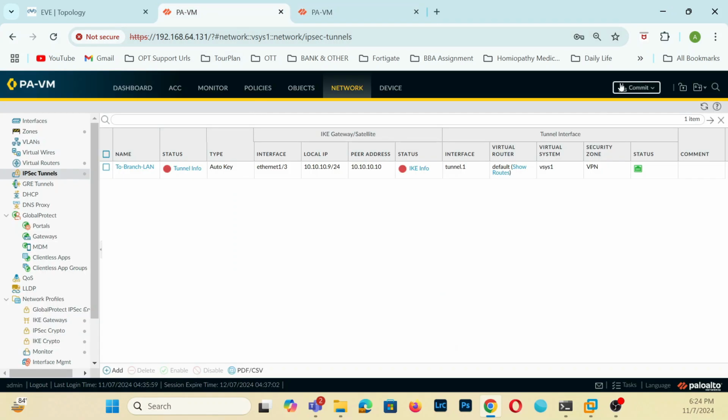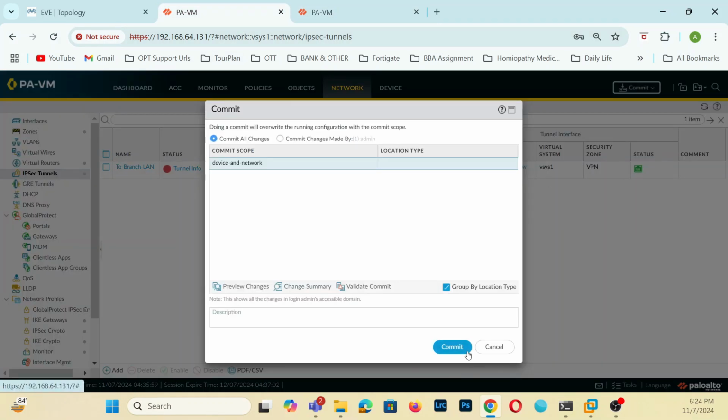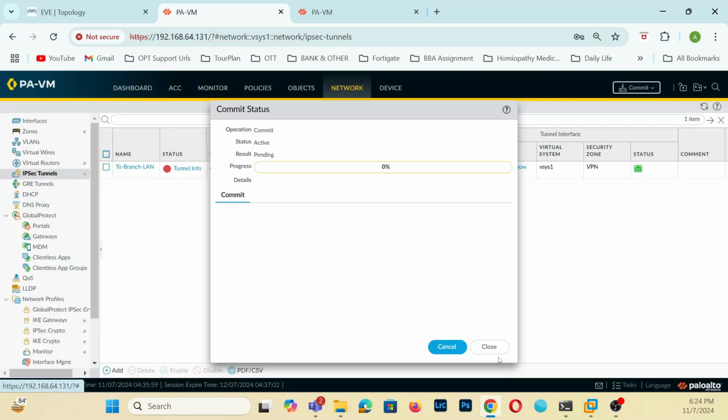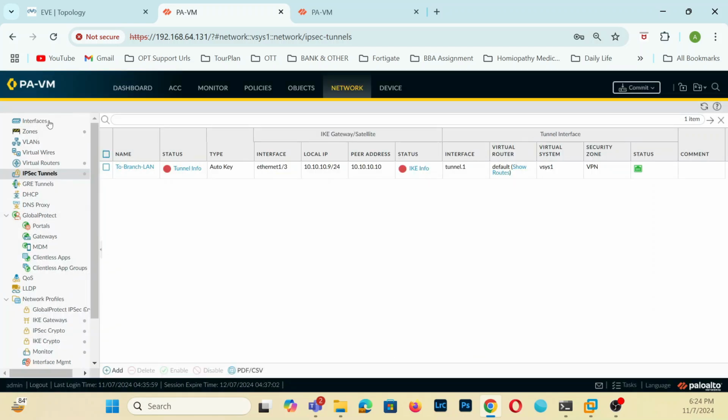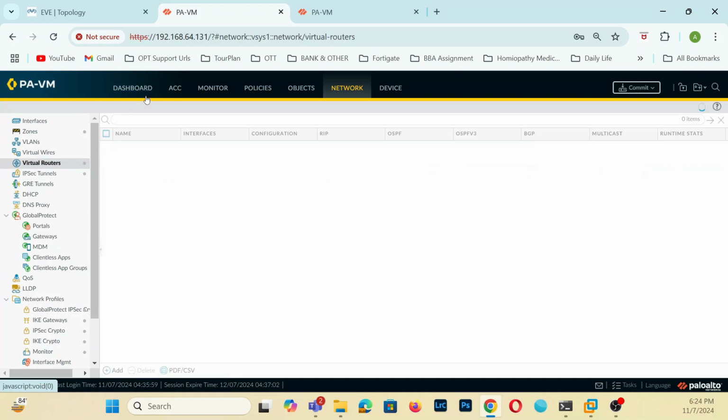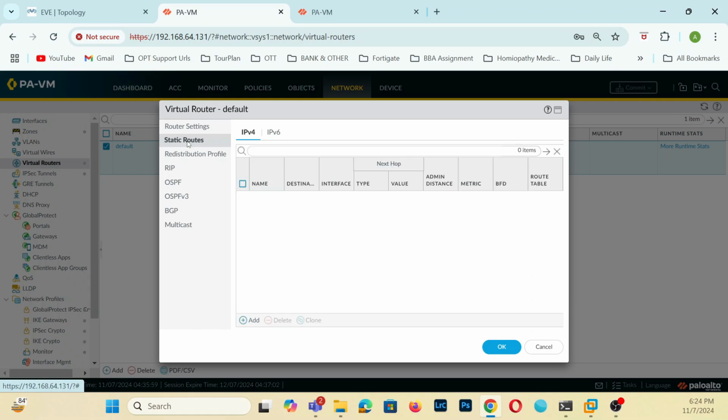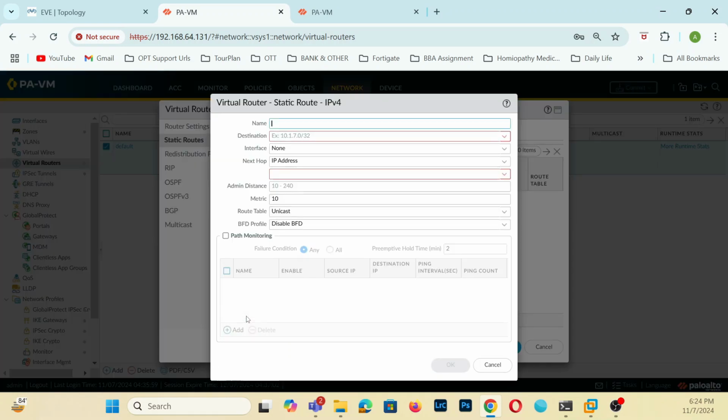Now what you have to do? Now we have to configure the virtual router. So let's go to the router. First we configure the static route between both the sides. After that we configure the BGP